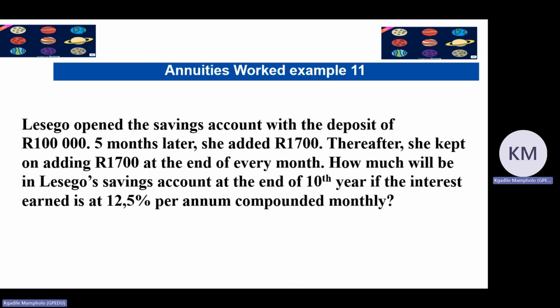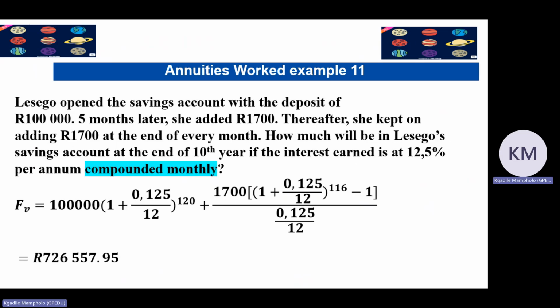Lesera opened a savings account with a deposit of 100,000. 5 months later, she added 1,700. Thereafter, she kept on adding 1,700 at the end of every month. How much will be in Lesera's savings account at the end of the 10th year if the interest earned is 12% per annum compounded monthly? The interest is compounded monthly. And then our future value